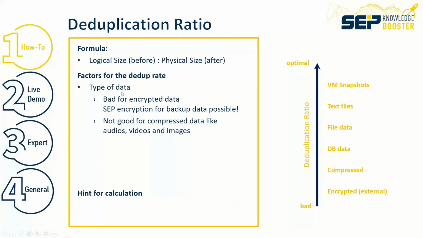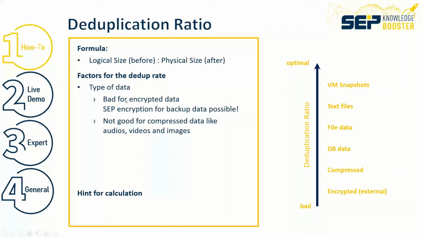Now there are some factors which have a massive impact on the dedup rate. First of all, it depends on the type of data. You know, there is data which can be deduplicated badly. If it's encrypted, it's almost impossible to deduplicate this kind of data. Compressed data has a slightly better ratio. If it's database data, it's a little bit better. File data, text files, and VM snapshots are almost the best to deduplicate, I would say, because if you have VMs